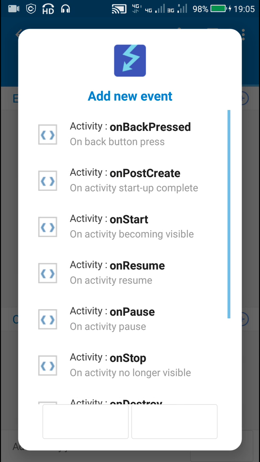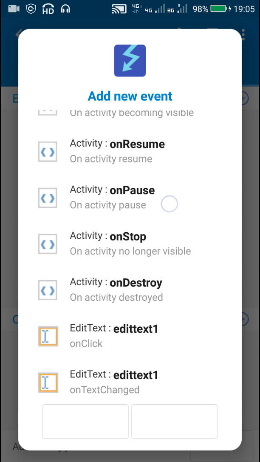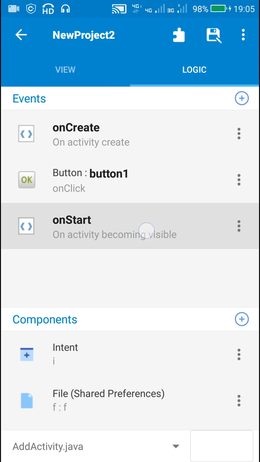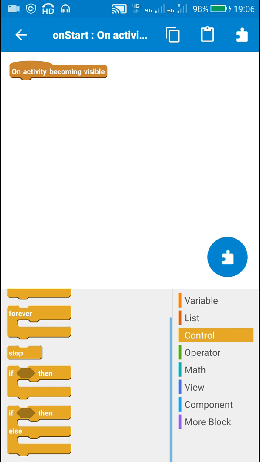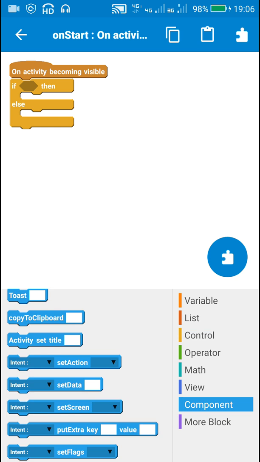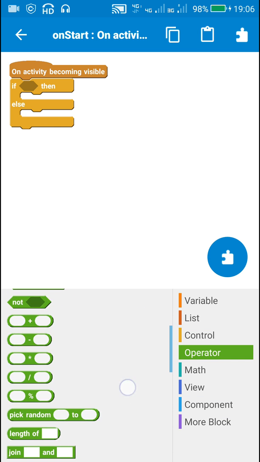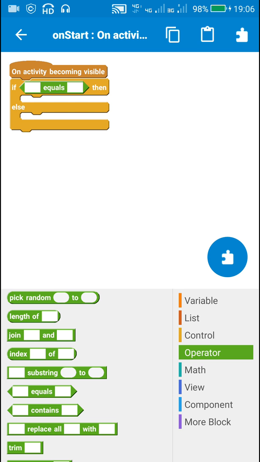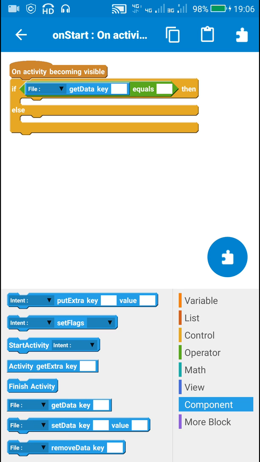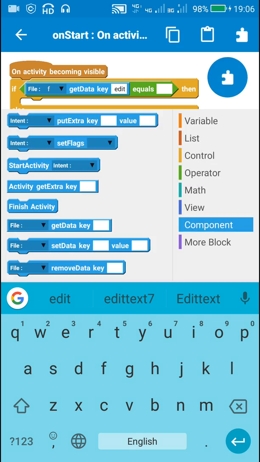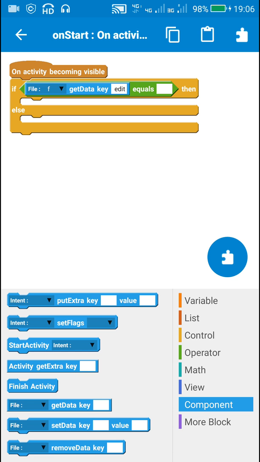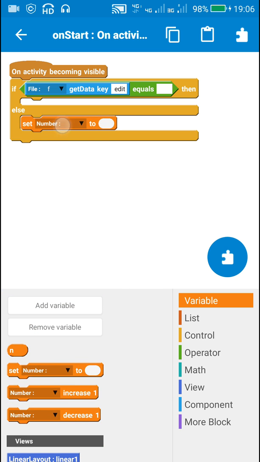So here in add activity we have to add an on start event. So here I am adding the on start event. Now in this on start event I will use this if else block: if file f get data key edit equals empty, then it will do nothing. Otherwise, set this number variable n to